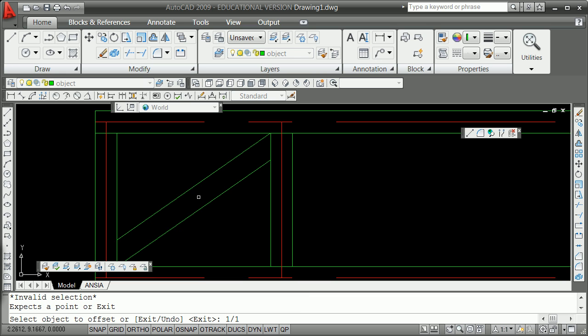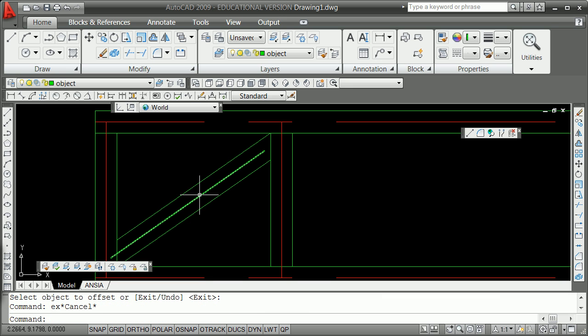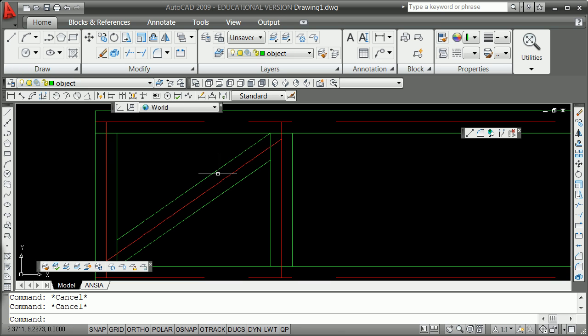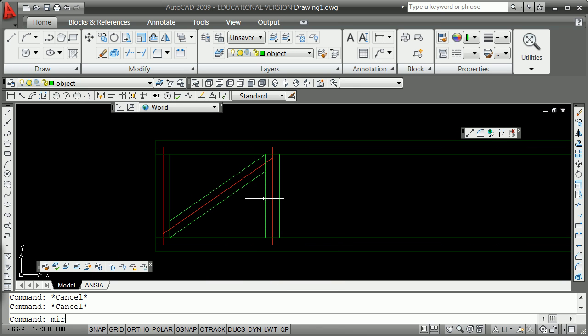Offset 1/16. Offset 1/16, the 16th, right? Extend, screw that once, twice, once. That is now what layer? That is centerline. I'm going to mirror